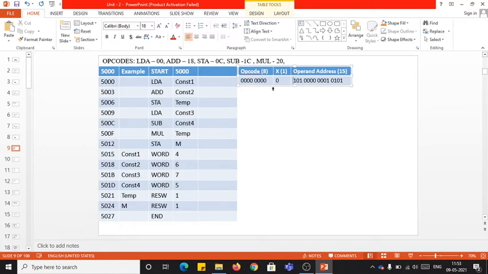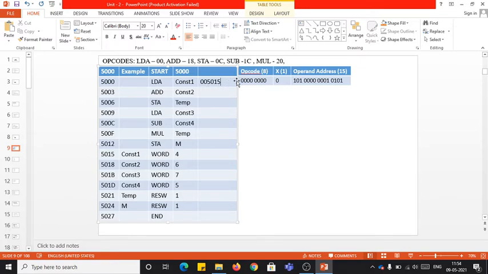Now you can generate the object code. You group every 4 bits together. The first 4 bits are 0. The next 4 bits are 0. Next, you have only one bit here followed by these 3 bits, so this 1 bit plus 3 bits you need to group together. It has become 0101, which is nothing else but 5. Again the next 4 bits are zeros. Again the next 4 bits are 1. Next 4 bits are 0101, which is 5. So the object code for this instruction you got is